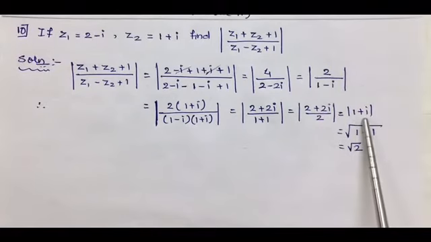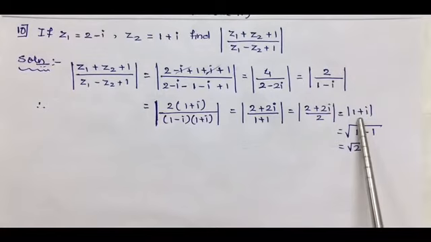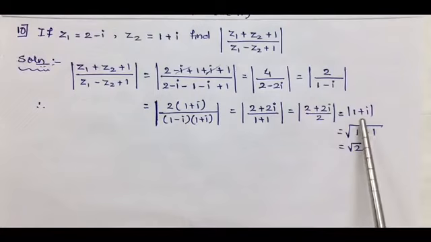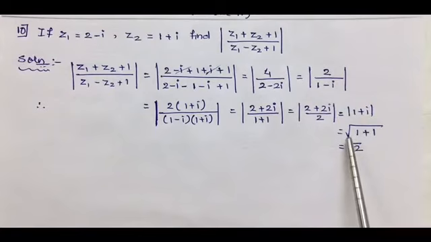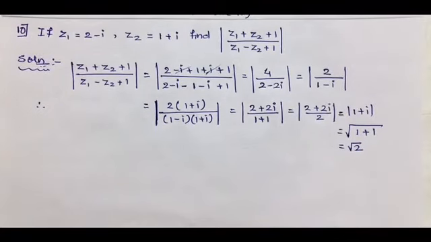Now it becomes easy to calculate because we have expressed it in terms of standard form. So the value of x becomes 1, the value of y also becomes 1. So calculating the mod is under root of x square plus y square, that makes it root 2 as the value of the mod. This is how the 10th one is solved.